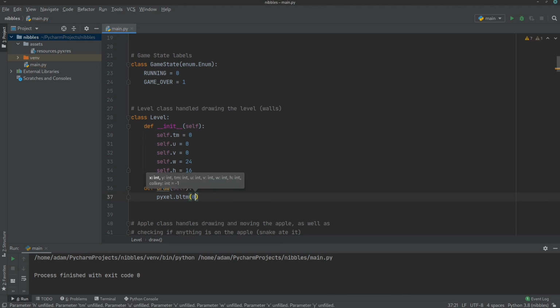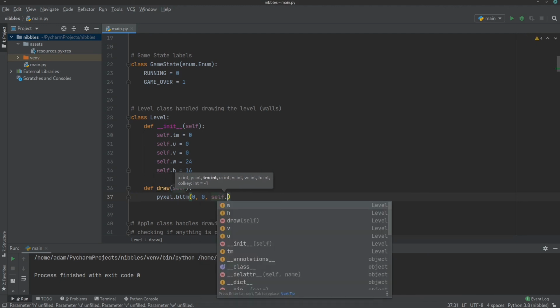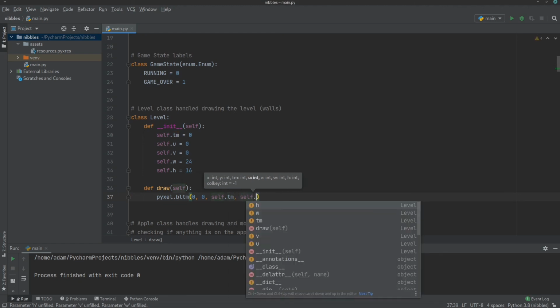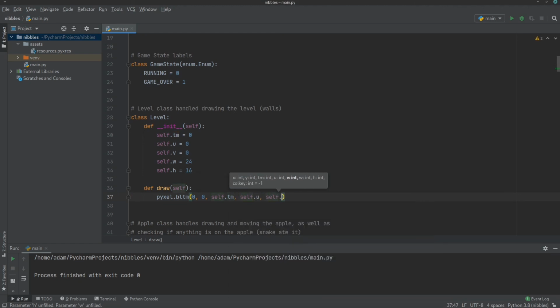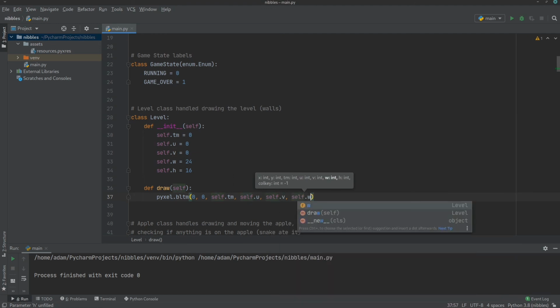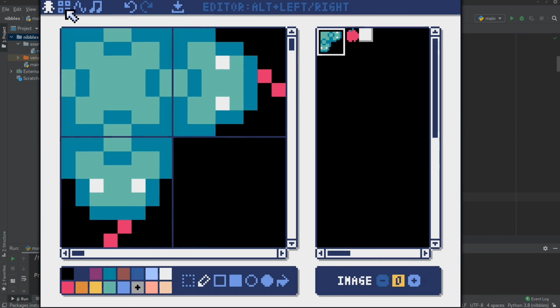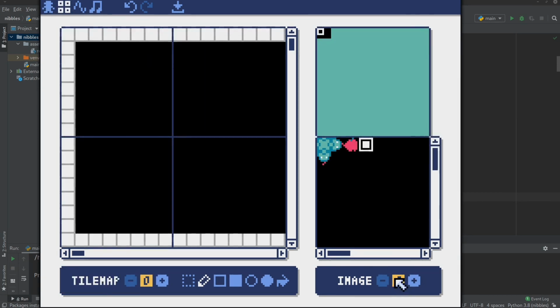And we're going to blit it to the top left corner of 0, 0. Self.tilemap, self.u, self.v, width, height. Alright, so whenever we call this draw function on our level class, it'll blit that level that we drew in the tile map on tile map 0